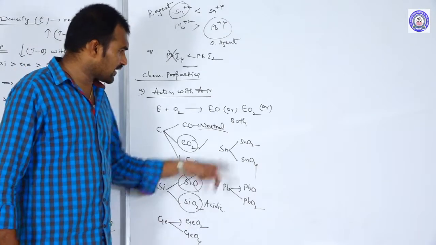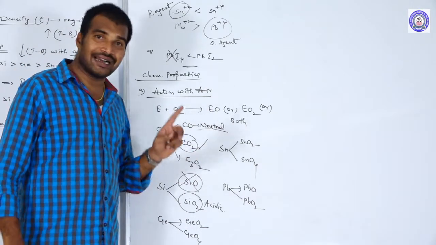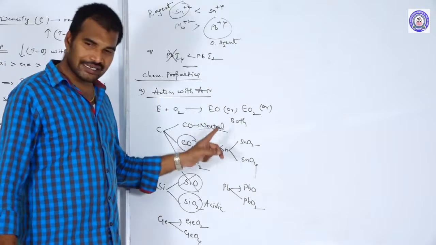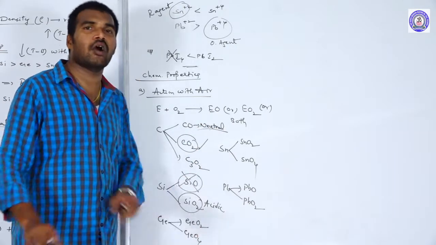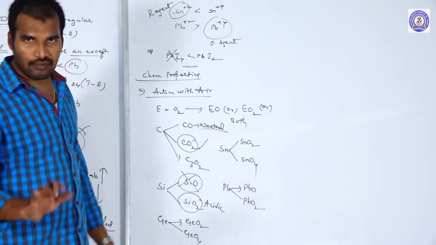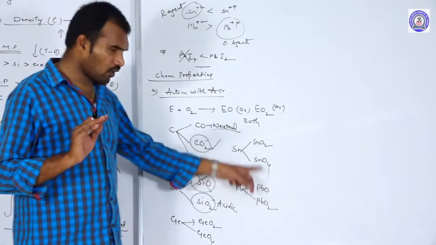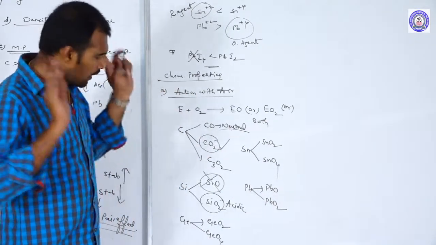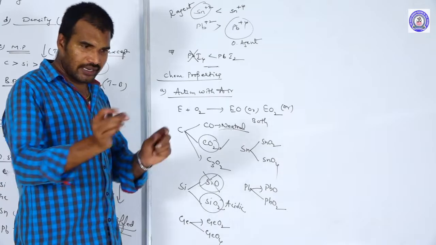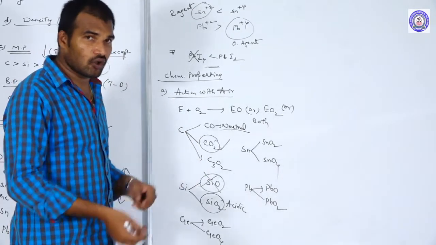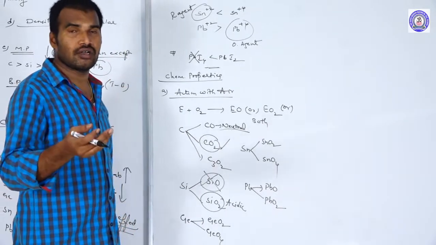Okay, remaining oxides of germanium, tin and lead. Remaining all oxides of germanium, tin and lead, all are what? Amphoteric. Okay, remaining all oxides are what? Amphoteric in nature. And when you compare the two oxides, which is more acidic, how can you decide by